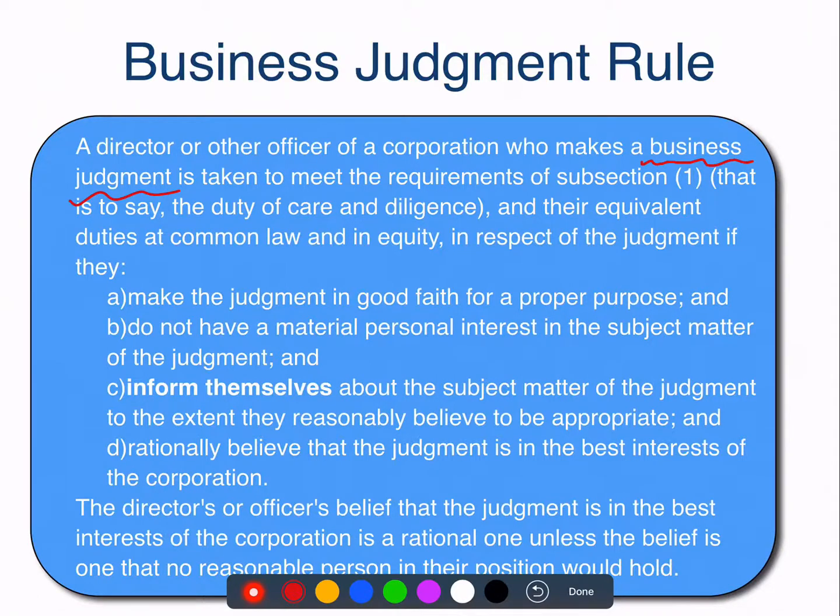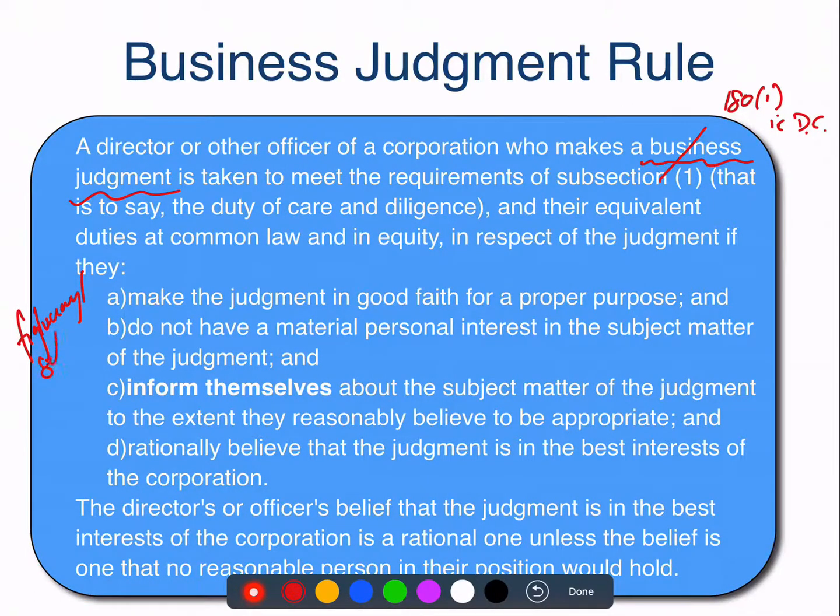It's not about any other kinds of decisions. And so if you're making a business judgment, you meet the requirements of 181. That is, you've met your due care requirements, right? And your common law and equity. So it meets all your due care and diligence requirements in any form of law if... Now what's really interesting here is that